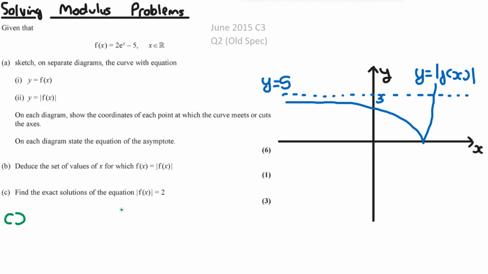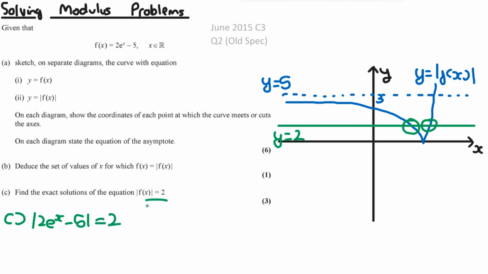So for part C, we need to find the exact solutions of the equation f of x is equal to 2. So let's sketch a line at y is equal to 2, and this will look something like this, where this is y is equal to 2. And we can see by looking at this that there are 2 points of intersection, so there are going to be 2 solutions, which makes sense for a modulus graph. So we can probably just solve this by actually just looking at this equation. So it's the modulus of f of x, so this is going to be the modulus of 2e to the power of x minus 5